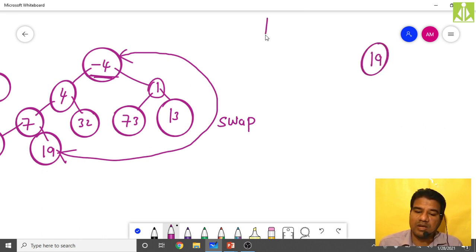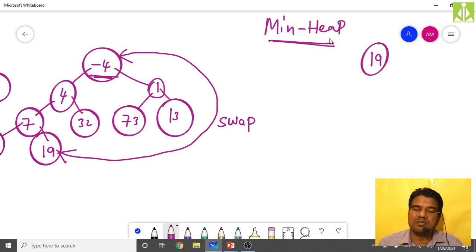So this is for minimum heap we are doing. Always remember, this is for minimum heap we are doing, because only simply less than greater than we are shifting. In the previous case, we always maintain the root as the greatest, but now we maintain root as smallest. That is the only difference between minimum heap and maximum heap. Just to give some awareness, I am doing this exercise.